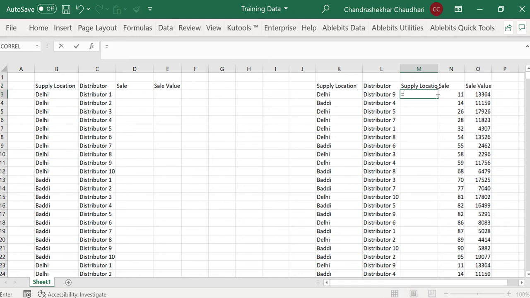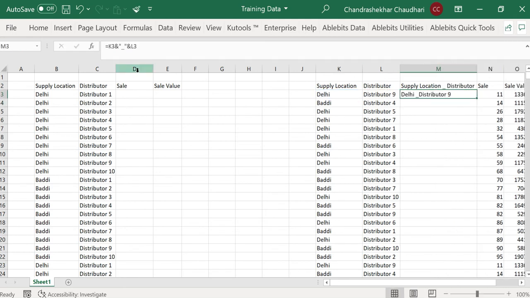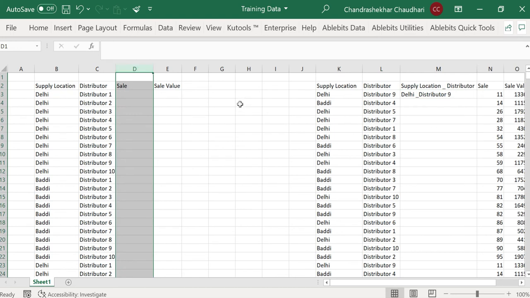Then you have to apply the formula to concatenate this data, and based on that formula you will be able to create these additional fields, and exactly the same thing you need to create in your matching data also, and then you have to apply the VLOOKUP.